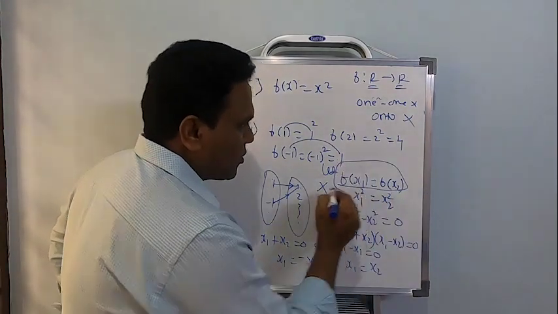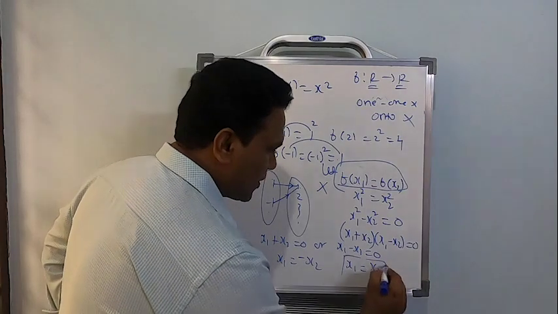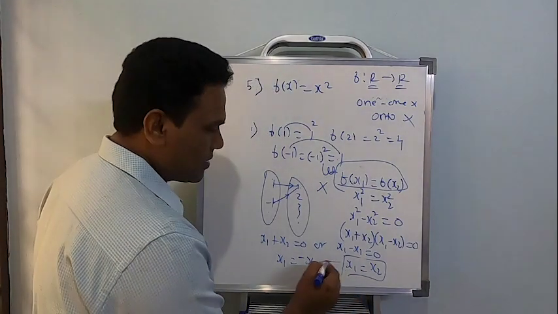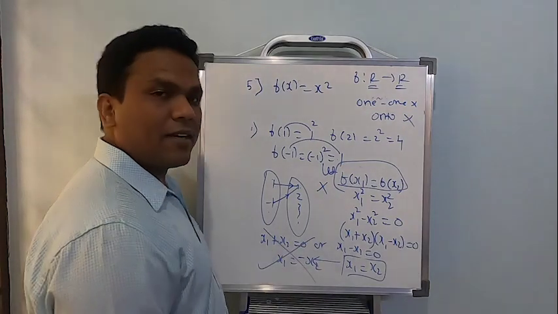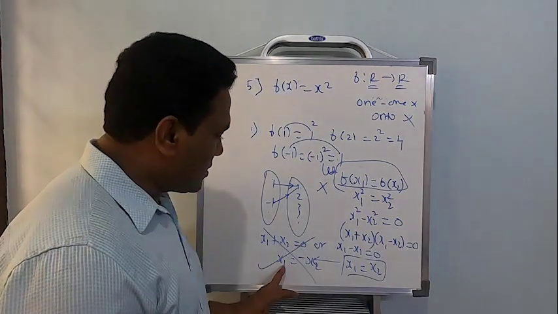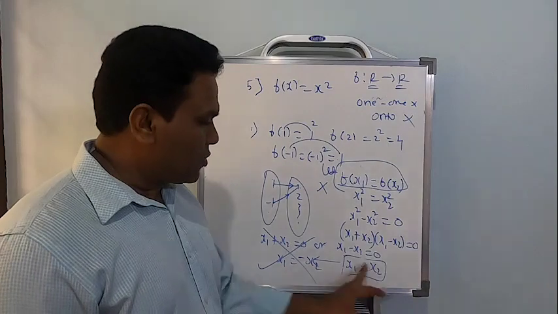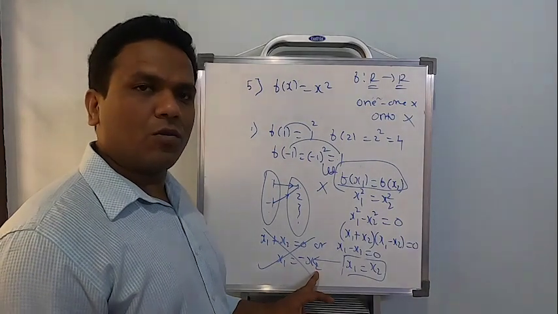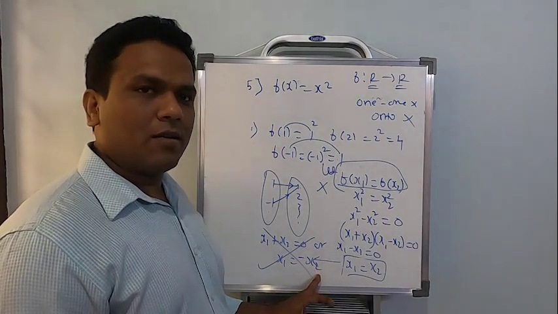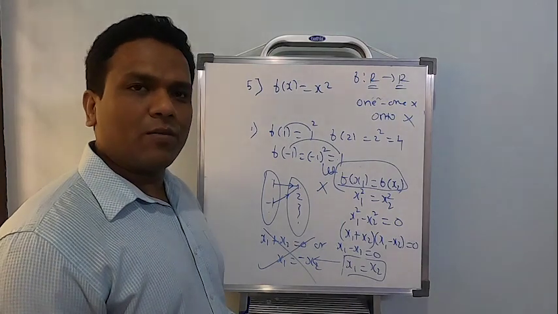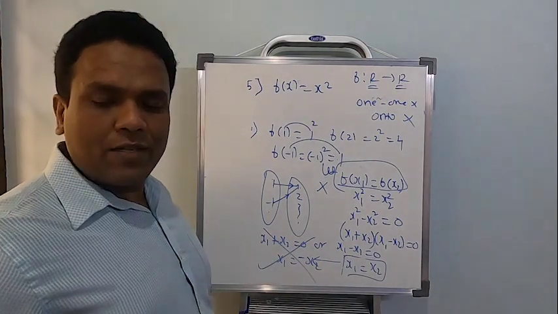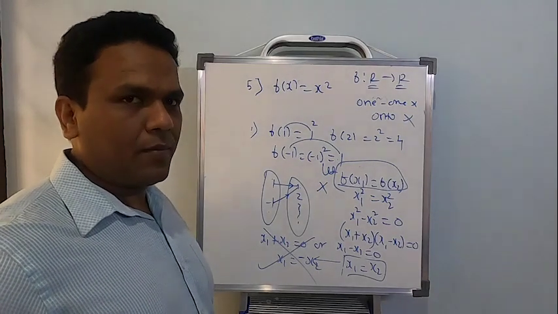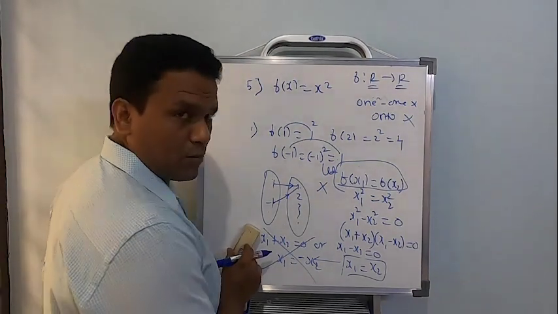We start with f of x1 equal to f of x2 and get x1 equal to x2, but along with this some additional thing is also there. If this were not there, it would be one-one. But what does this say? x1 equal to x2 and x1 equal to minus x2. No, that's not possible. One number cannot be equal to two different numbers. Correct, right? So from this also we can conclude that f is not going to be one-one. That's one method. I have to explain both methods here.